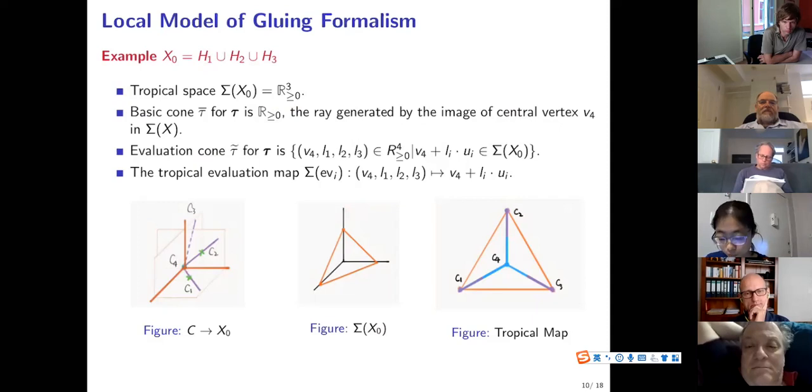And if we take a slice of this by x1 plus x2 plus x3 equals 1, just to try to visualize it more, the tropical map associated to this type will be